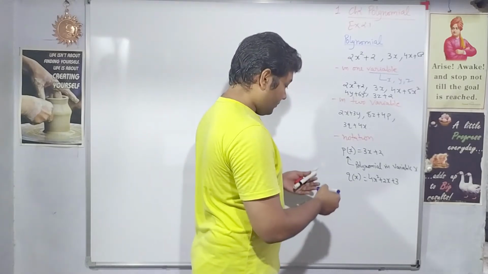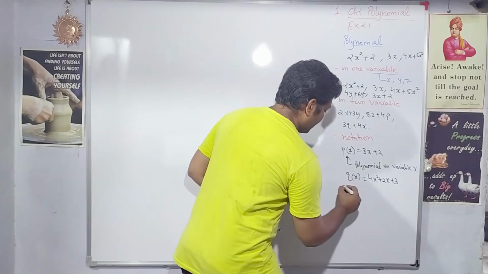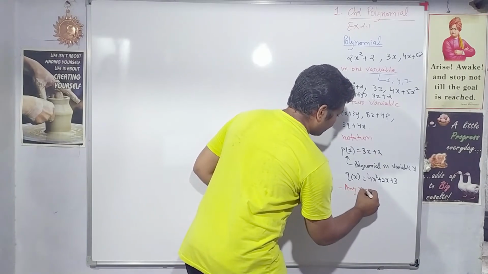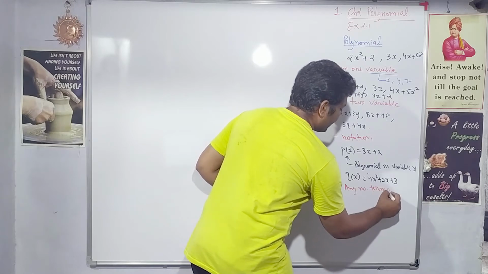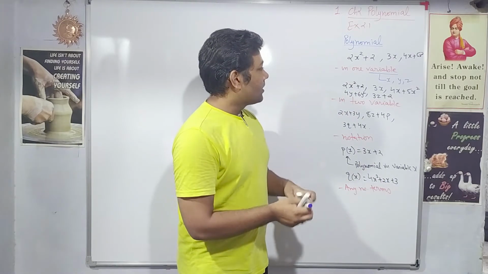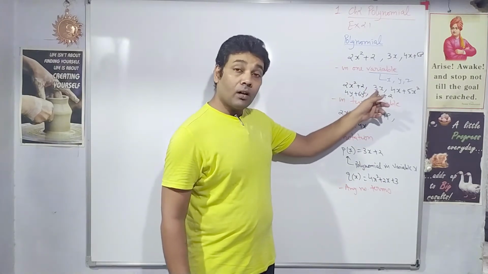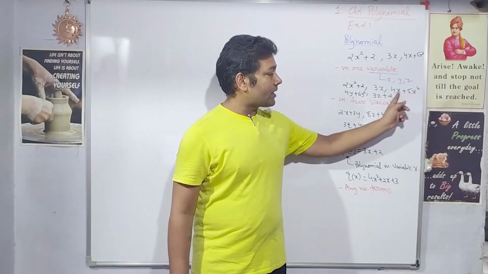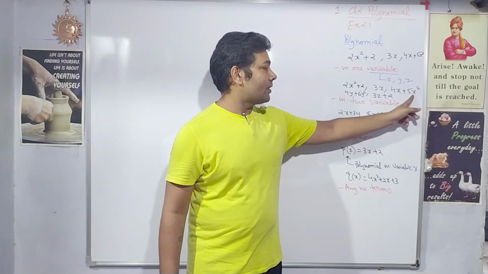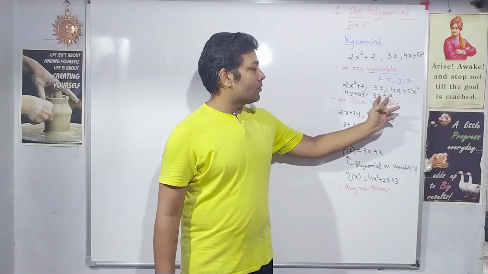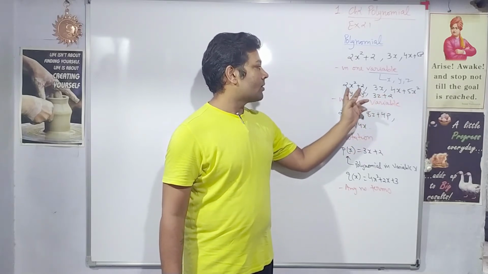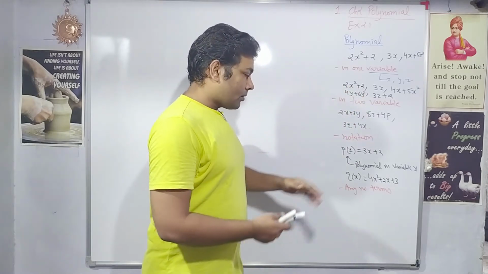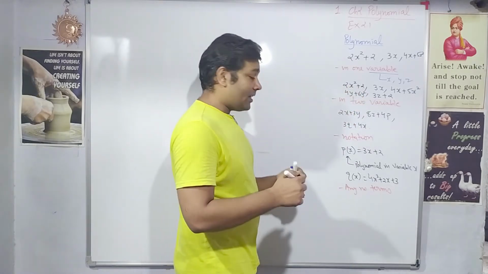Next, polynomials, one important thing is they may have any number of terms. See here, this is polynomial in one variable with only one term. Here two terms we have, 4x is one term, 5x square is another term. This also has two terms, this also has two terms, this one also has two terms. So similarly, polynomial may have any number of terms.